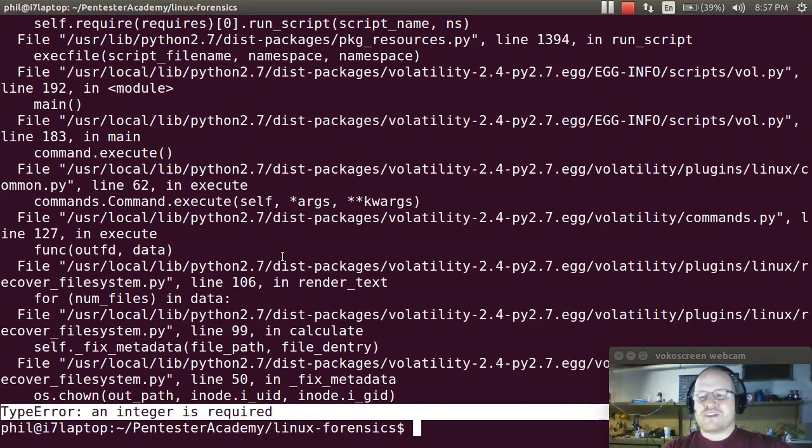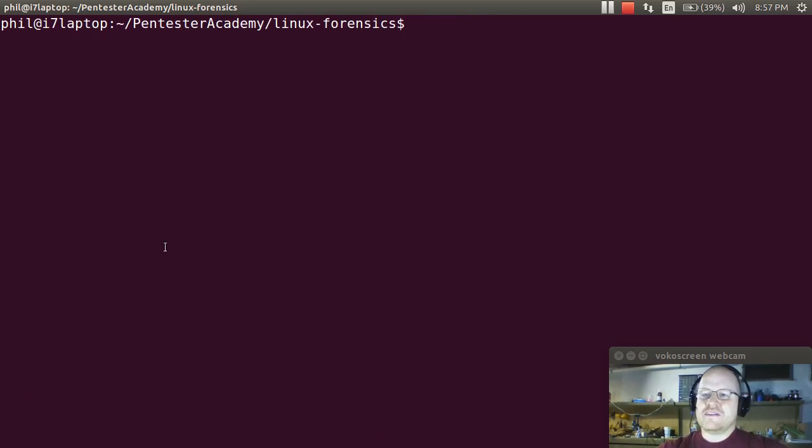Sorry, that's the way it goes sometimes when it comes to using tools like this. Now, perhaps by the time you're watching this video, that might have changed and this might work for you successfully. So interestingly enough, we were able to run volatility and enumerate over our files, but we weren't able to dump